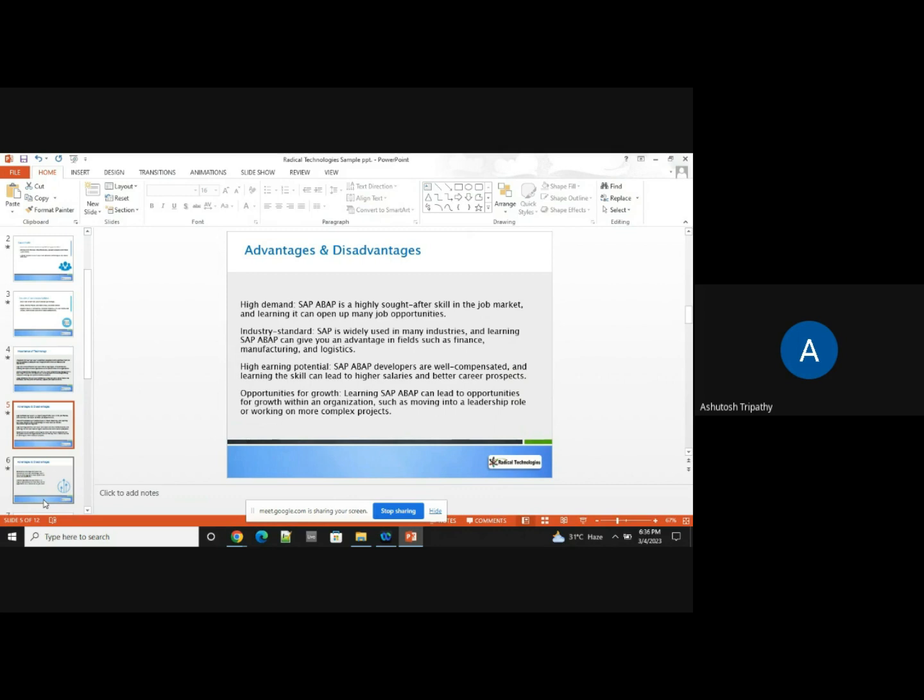So one who knows SAP ABAP can demand a higher salary, or even the normal salary of an ABAPer is very high compared to other developers, since it is only catering to SAP. So that's the reason the industry offers very high demand, and the earning potential is also very high.